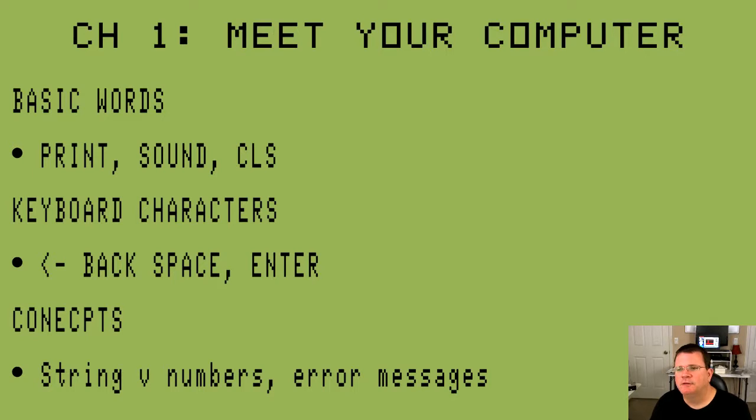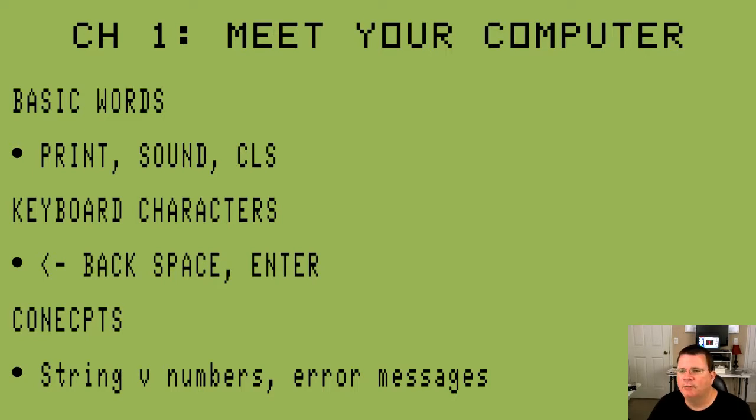It introduced us to the command called sound that lets you generate sound that you can hear. And then it introduced us to the word called CLS that allows you to clear the screen, or clear the screen in one of 9 available colors. It introduced us to a couple keyboard characters. It introduced us to the backspace, which is basically the left arrow, and it introduced us to pressing enter on our keyboard. In the concepts, it first explained to us